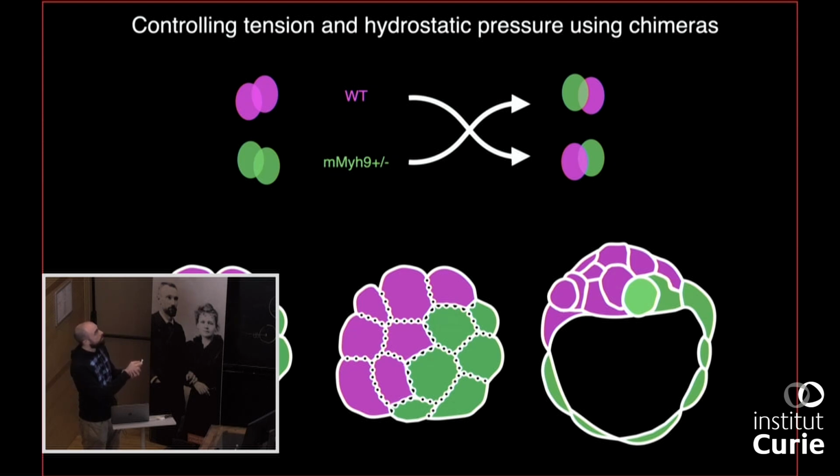And so we used those myosin mutants, which are heterozygous. So they still have the paternal allele of this gene here, MYH9. They have a contractility which makes them have a surface tension about threefold lower than the one of a wild type, as we have measured. And so you can create this embryo with a pattern of tension, with one side which has a lower surface tension than the other. What we expect is that when the adhesion is broken and the fluid starts to accumulate throughout the embryo, those cells here are going to squish the fluid away from their interfaces more efficiently into the region which is more deformable. And we expect that then the fluid will go there.